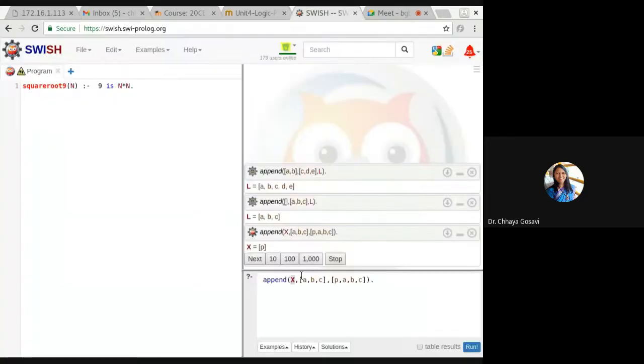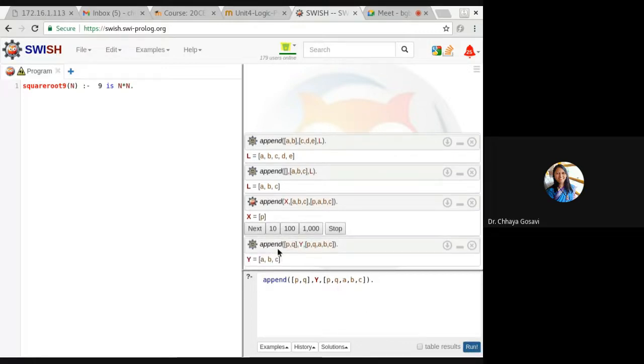For example, if I have given here [P, Q], and ask what it should append to Y to give the list [P, Q, A, B, C], the value of Y should be [A, B, C]. So it is mapping it with the rule and will return the value for Y as [A, B, C].